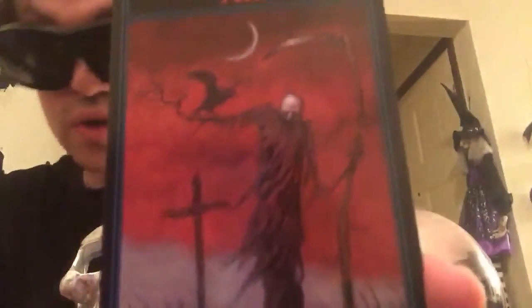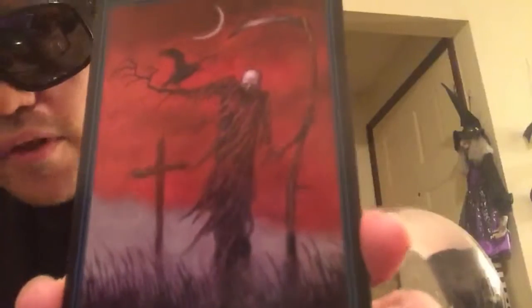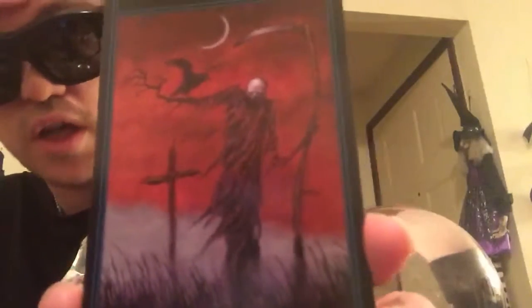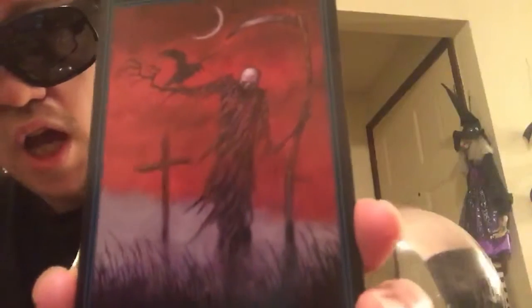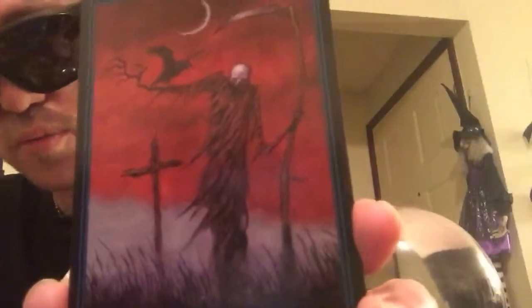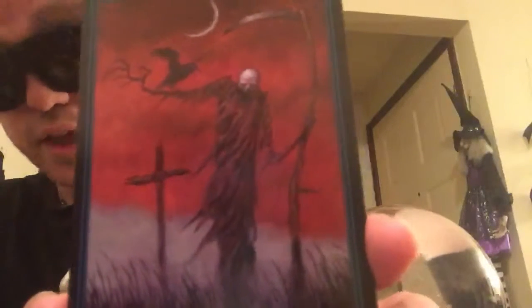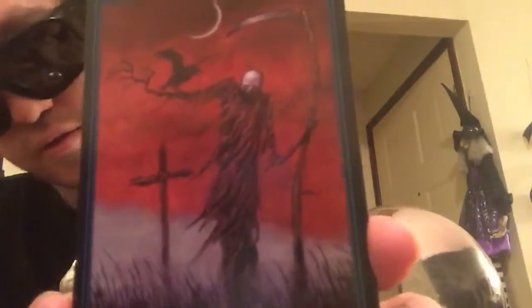Next, as always, we have Death. Here it's done like a type of Grim Reaper / Scarecrow, which is nice, combining two traditional elements of horror in one. Then we have the Raven and the Half Moon and the Cross. All of those elements sometimes lack on some decks, but they usually show up on others, so they're all optional. And in this case, Death, as in many others, is simply the sowing and the reaping of the results